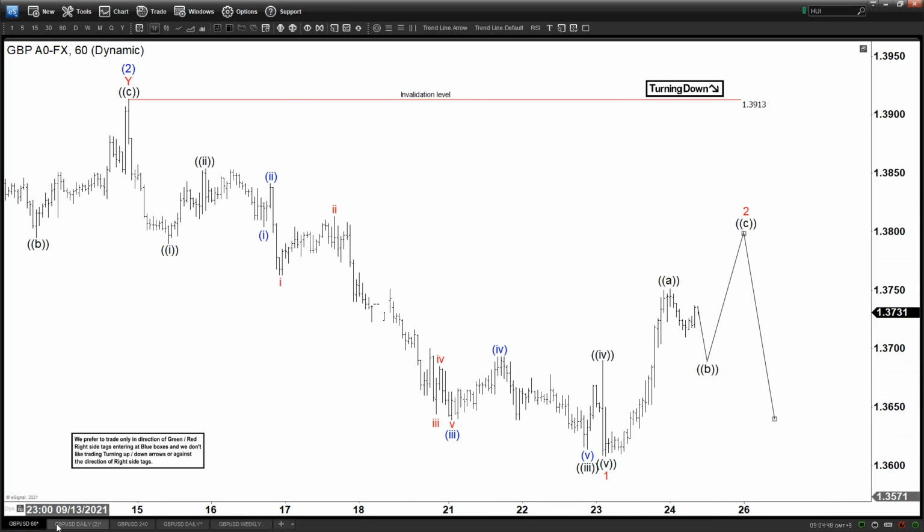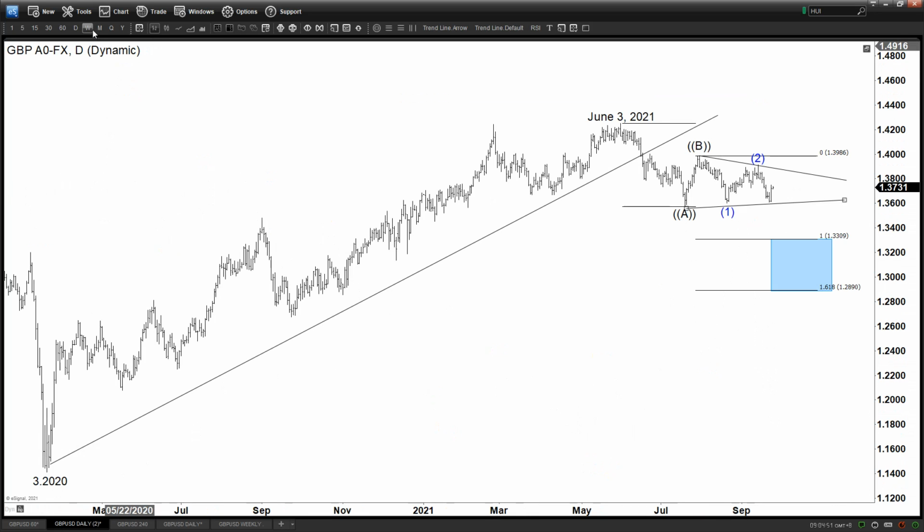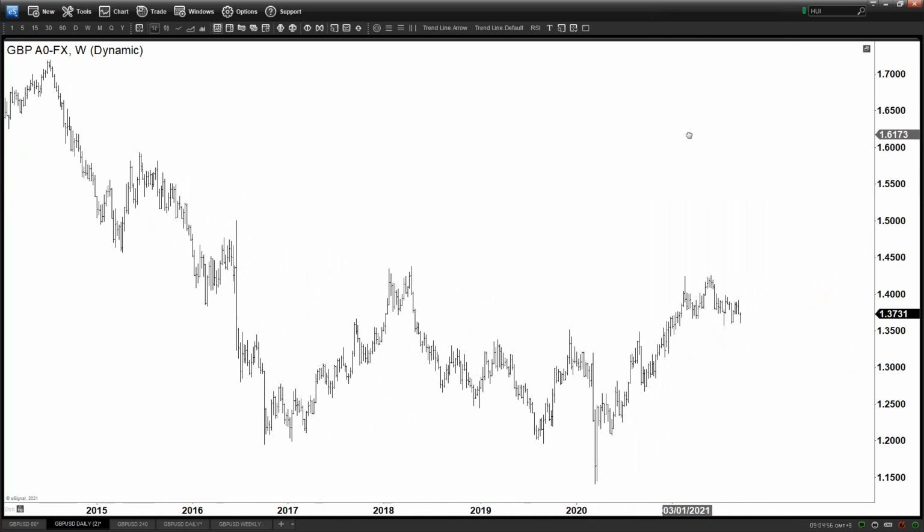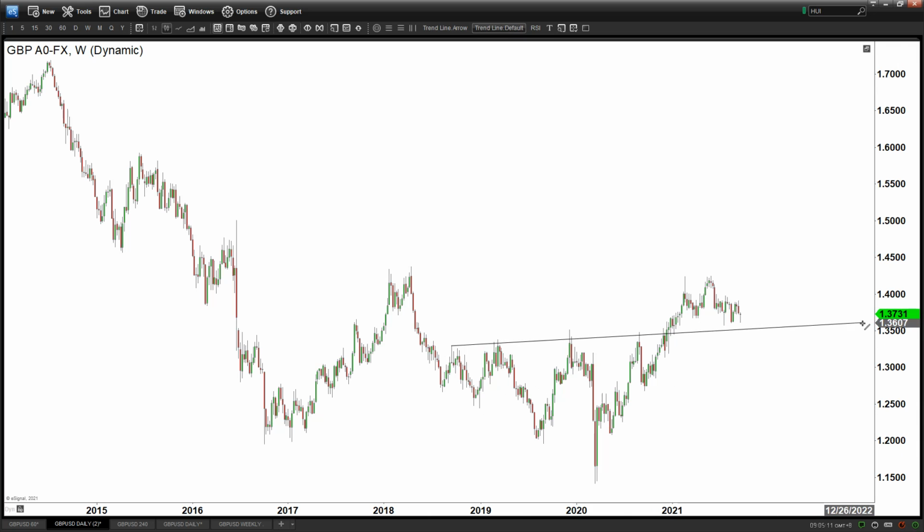Now, another thing here that is interesting, if you go to the weekly chart of the pound, let me erase everything here. Let's take a look at what exactly is the overall direction. Now, if you take a look at this, right, this one looks like an inverse head and shoulders right here. The neckline is somewhere here. Now, drawing the neckline is an art. You can either draw it including the wick of the candle, in which case, if I draw it with the wick of the candle, this is testing it 3 times,